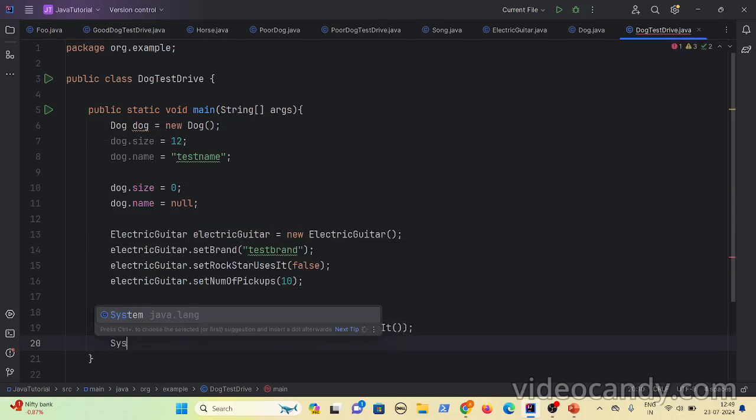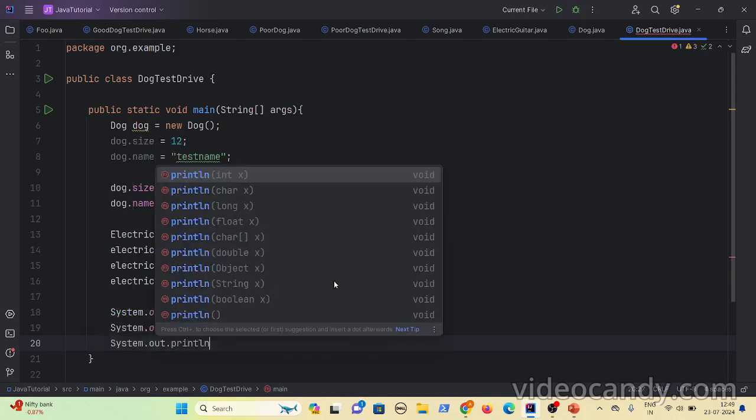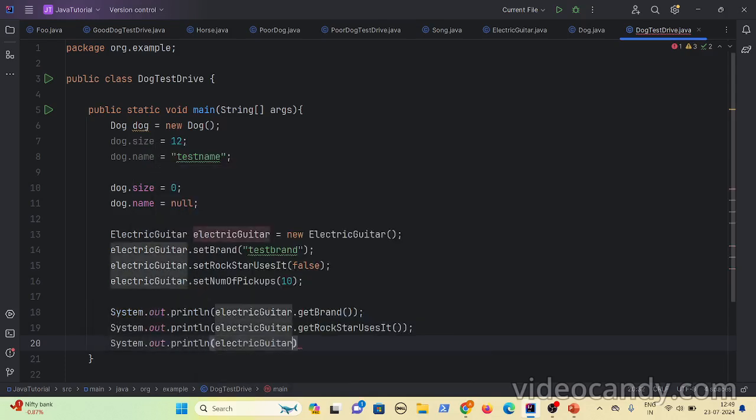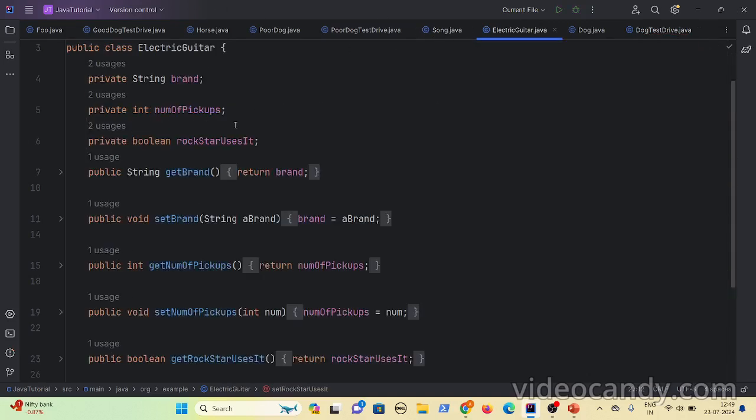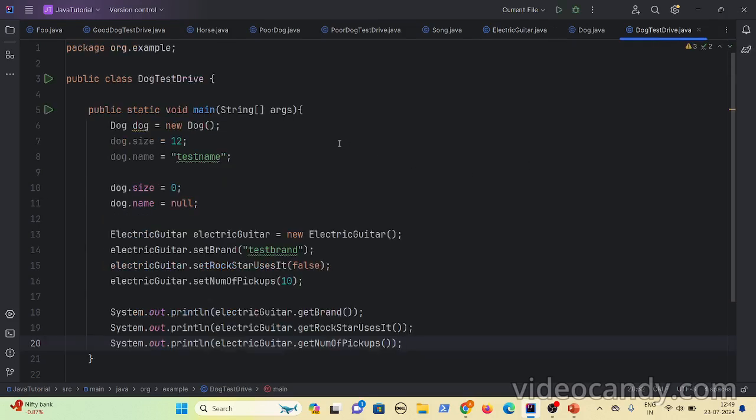And then System.out.println with electricGuitar.getNumberOfPickups, okay? So by making the instance variables private and then adding setters and getters for each and every variable, you are avoiding a situation where any faulty developer can modify the values.